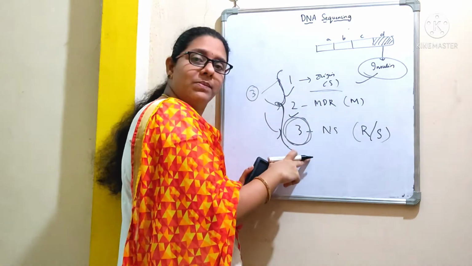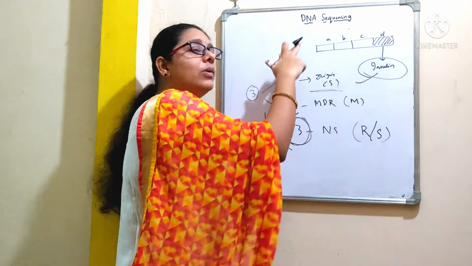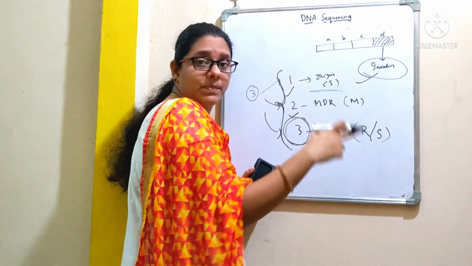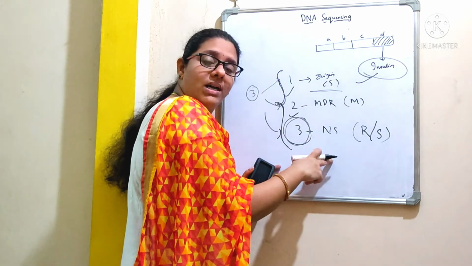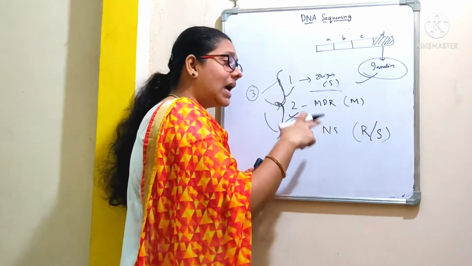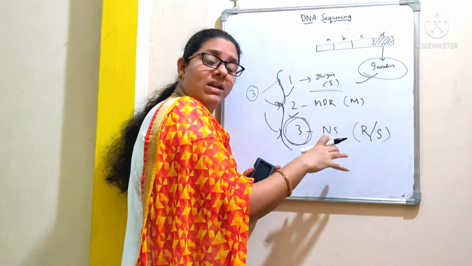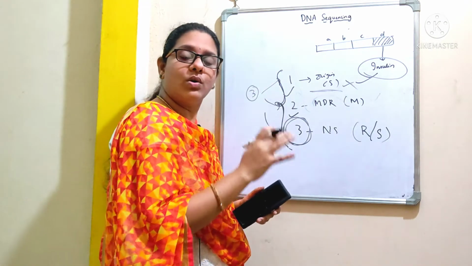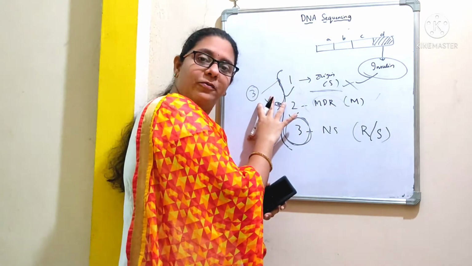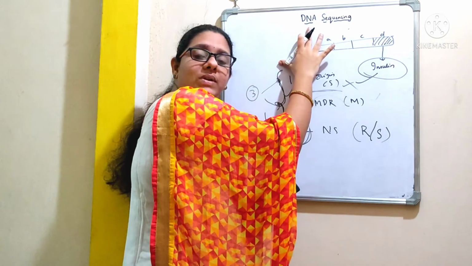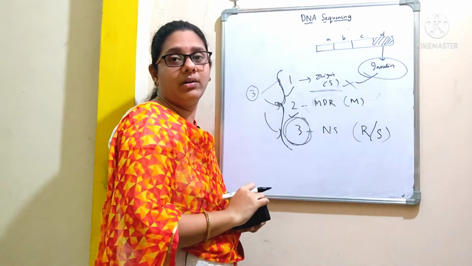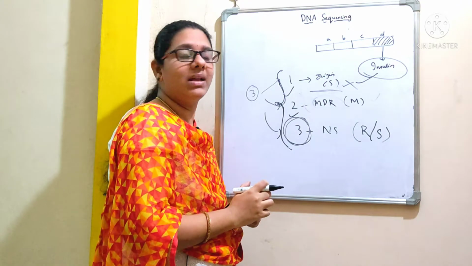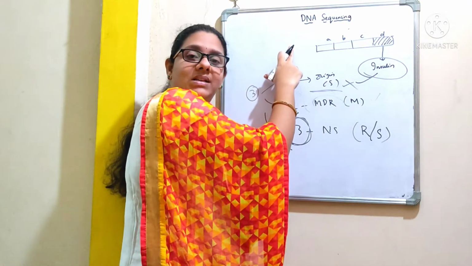When it comes to the third strain, after performing DNA sequencing, I'll come to know whether the gene is present or absent. I'll come to know whether this organism is pathogenic or not, and whether this particular organism is resistant to antibiotics or sensitive to antibiotics. So, to carry out any kind of research work, DNA sequencing plays a very important role. At the same time, if we want to prepare a cDNA library, then these DNA sequencing methods are helpful.